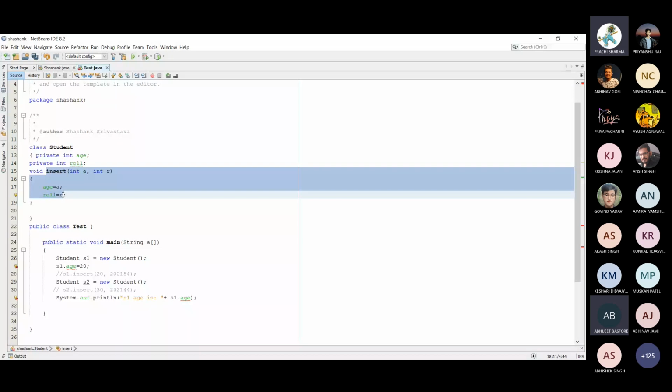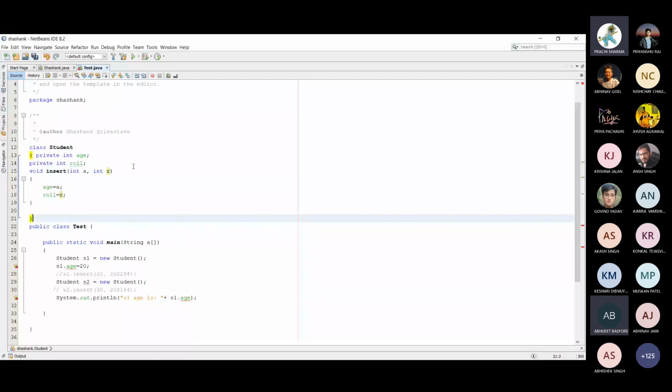Object initialization means all the fields are initialized. So basically there are three ways: reference variable, method, and constructor. We will see all these concepts in the next lecture. I will write different programs and show you how different techniques are used to initialize the object.